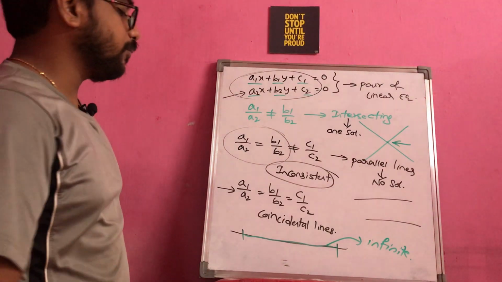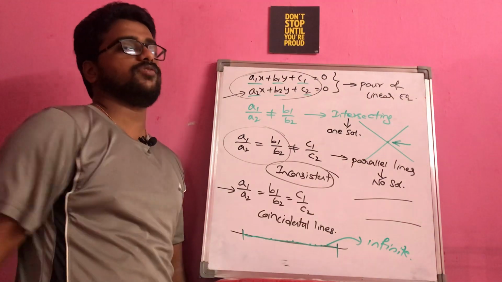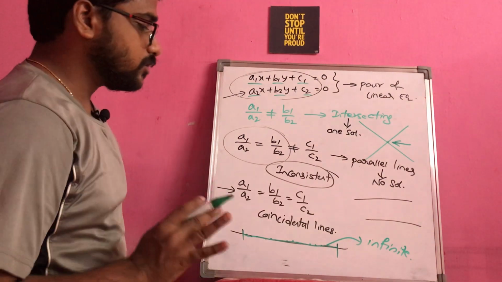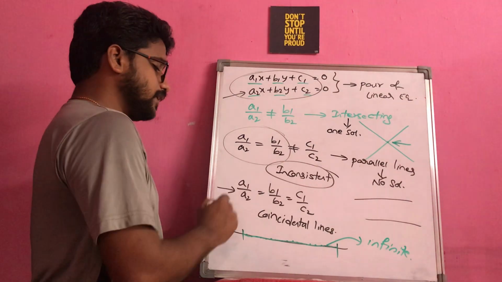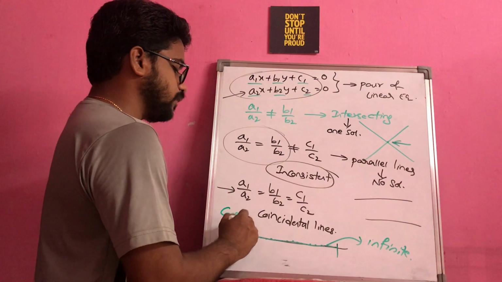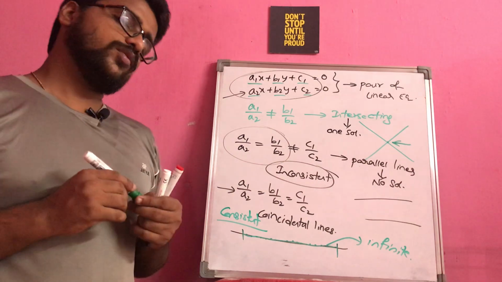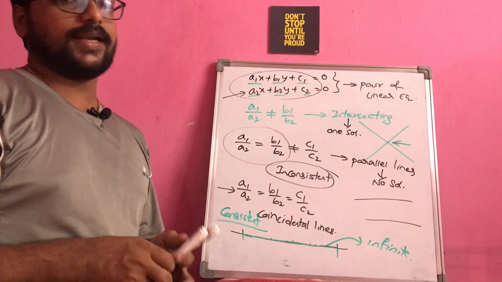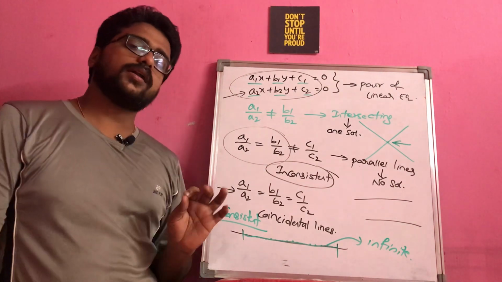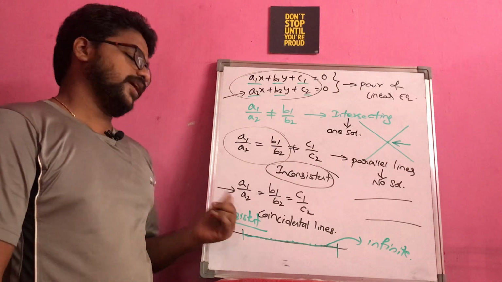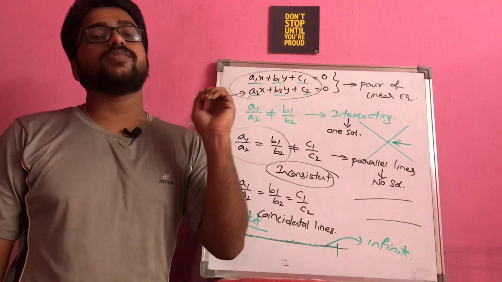Why I am saying infinite? Because the infinite samples in between these two regions are all common for both the equations, because of which you are having infinite number of solutions. So this set of equations is called again consistent, because consistency represents only having the solution. Whether you are having one solution, two solutions or many solutions, that doesn't matter. Are you having a solution or not? This is the important thing. Once you are able to find the solution, then you can name them as consistent. If you are unable to find the solution, then you can name them as inconsistent.